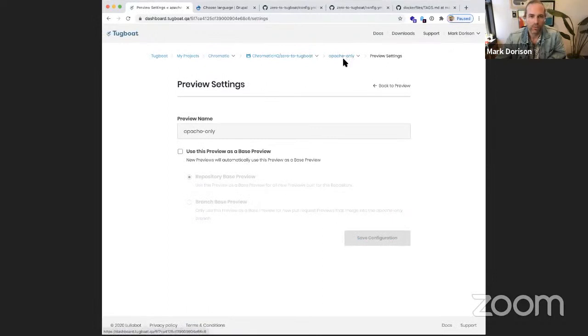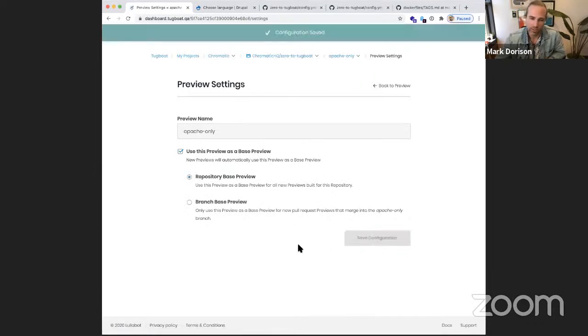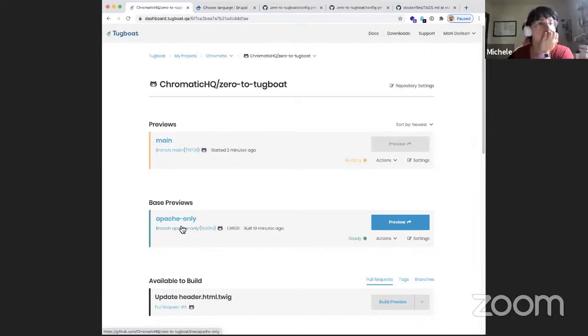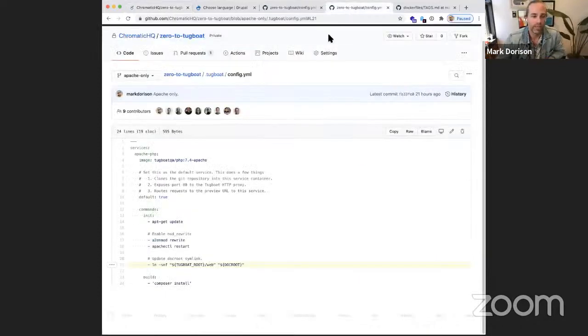And when we mark something as a base preview, this is not the one we will actually want to use, but we'll unmark it when we're done. When we mark it as the base preview, it goes to this different section down here. And when you build pull requests in the future, they will utilize this base preview, and they won't run the full set of commands. So if we go back to our configuration,